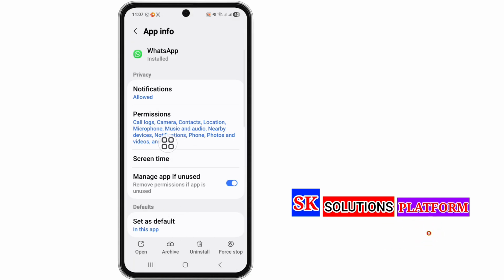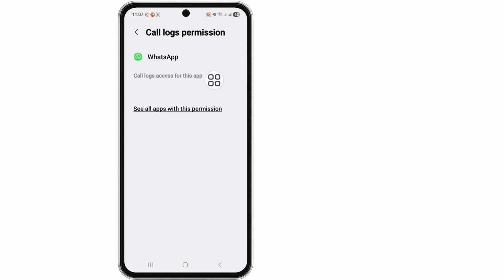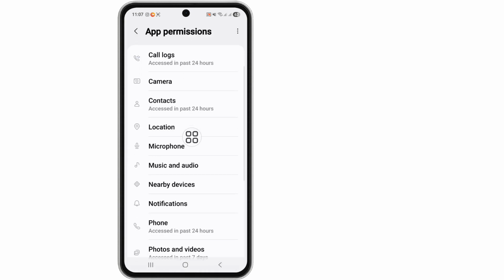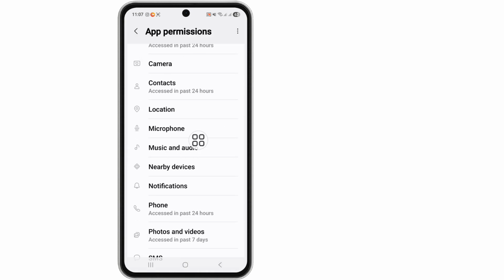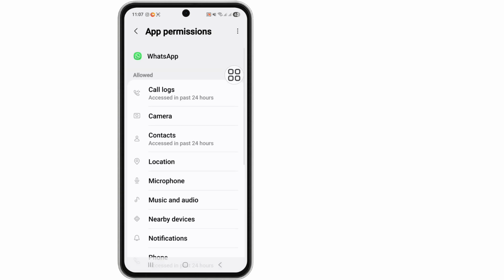and now tap on the Permission option and allow all permissions. Call logs allow, camera allow, contacts allow, location, microphone, music and audio, nearby devices, notifications, phone, photos and videos, SMS. Okay, allow all permissions. Go back